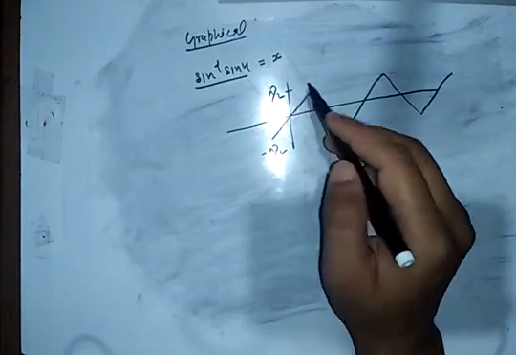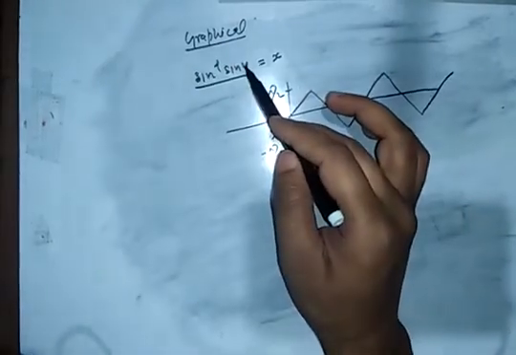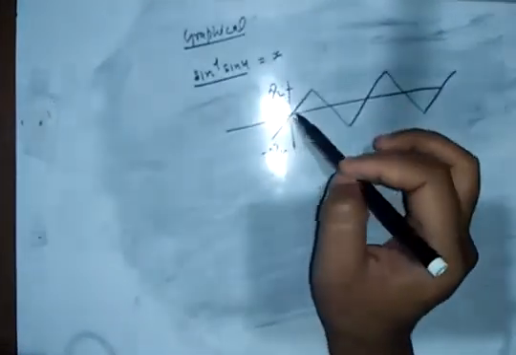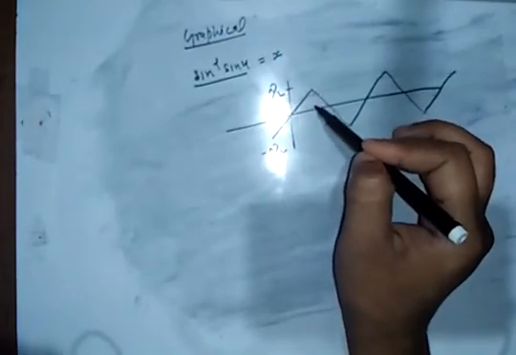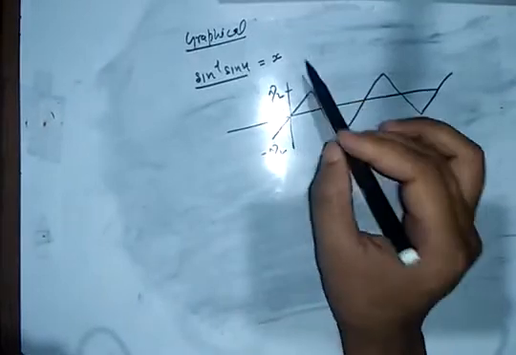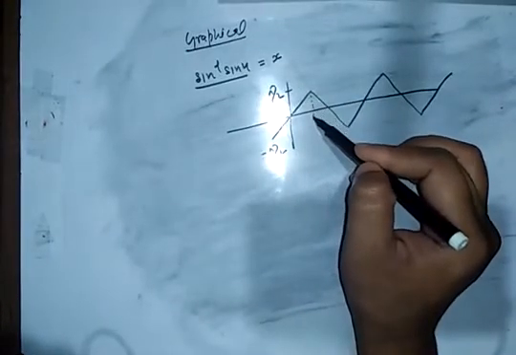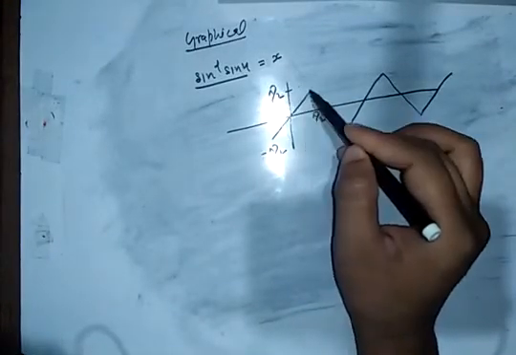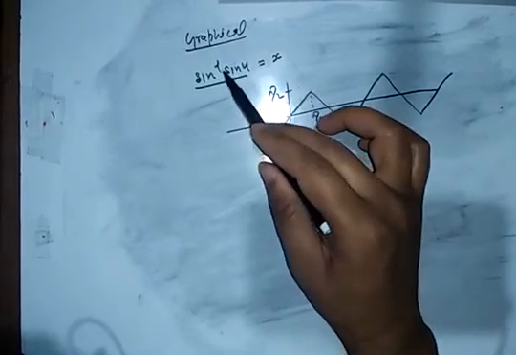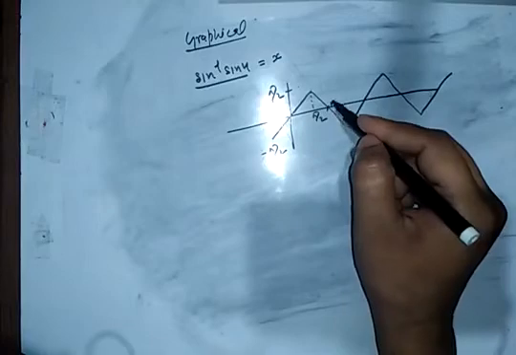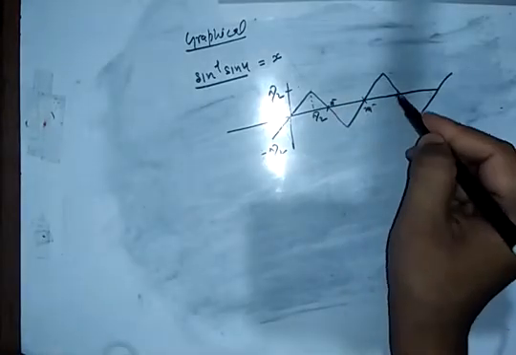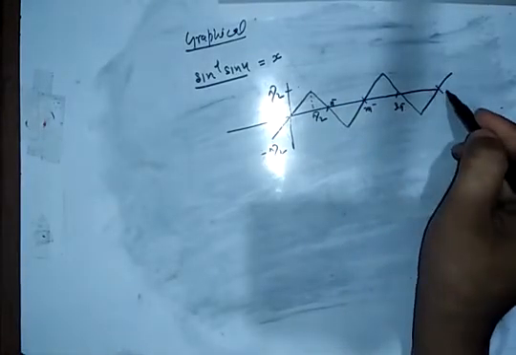This function is what? Sin inverse of sin x. Sin 0, what do we say? You can say 0. That is the one. This value, you can put sin pi by 2. This value is nothing but pi by 2. We will get pi by 2. Sin pi by 2 is 1, sin inverse 1 is pi by 2. So in this way you can mark pi, 2 pi, 3 pi. This is the 4 pi.